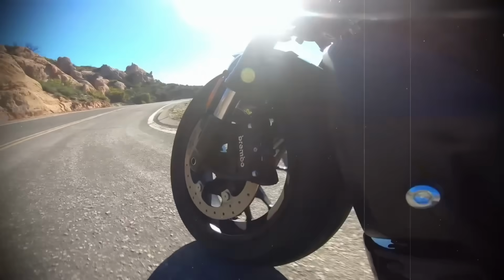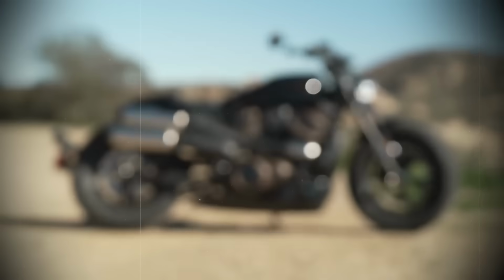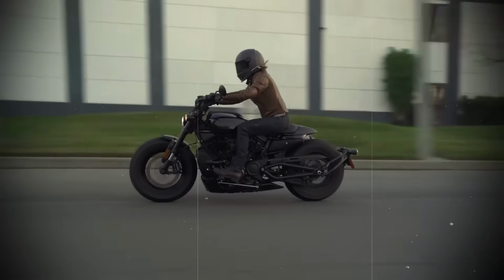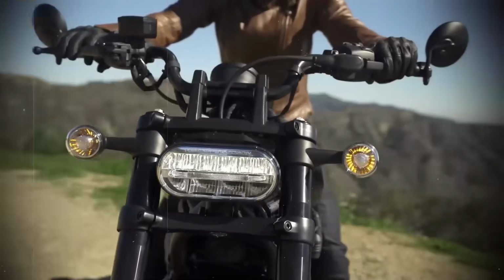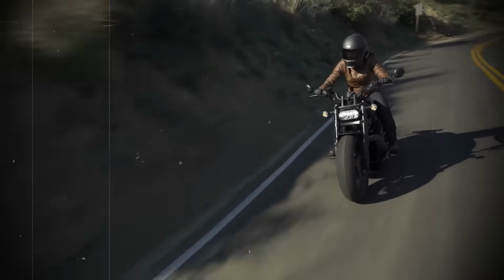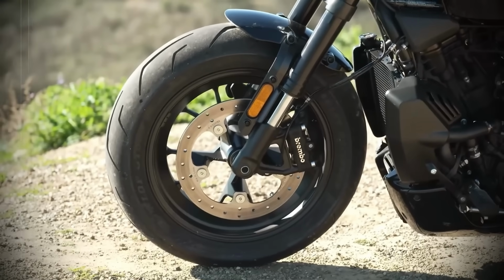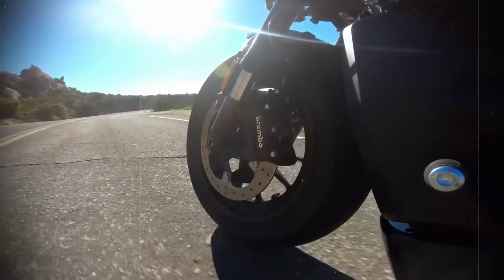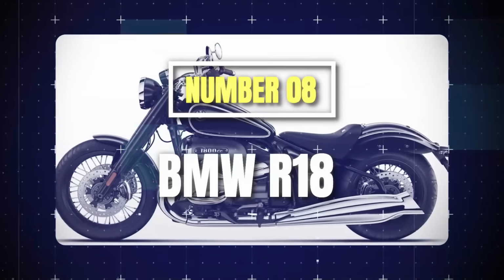Resale tells the rest of the story. Riders who paid MSRP in 2022 are now struggling to get even 9 grand for clean, low-mileage bikes. One seller posted his barely used Sportster S for $8,500. After 2 months, not a single bite. The Sportster S was supposed to be Harley's rebirth, a bold leap into the future. But as that dream faded, BMW tried to resurrect the past in chrome and steel, and ended up watching it